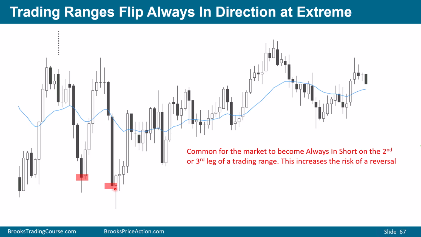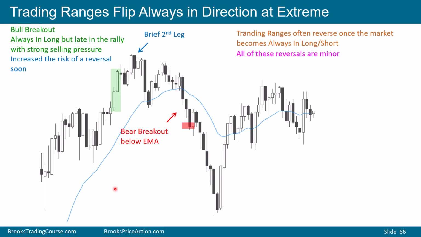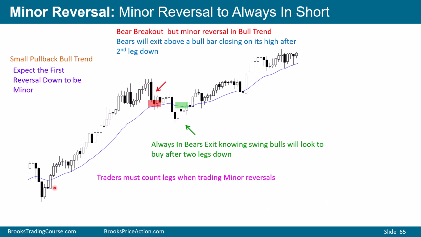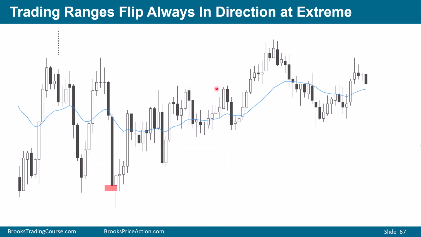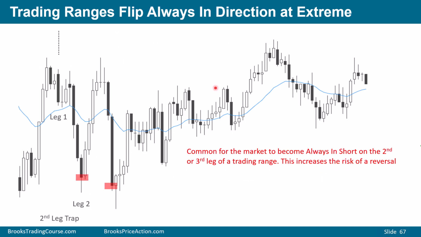But then they run into the issue of small pullback trends. And what happens is they end up getting trapped, just as I mentioned a couple of minutes ago over here. They buy this breakout, and then they sell this breakout. But once they start selling it, they get trapped into a really big loss. So the key is to recognize the difference.